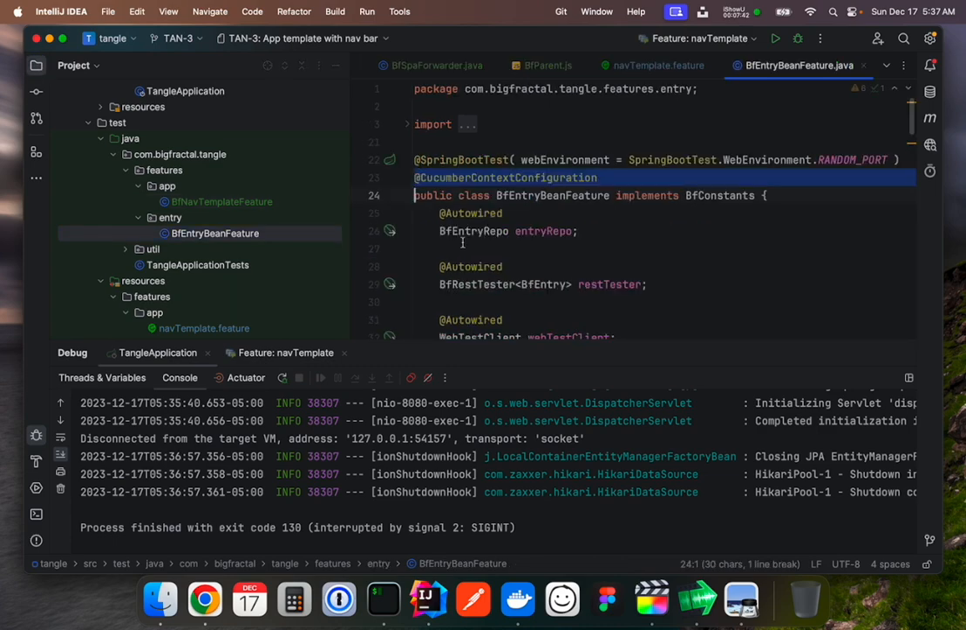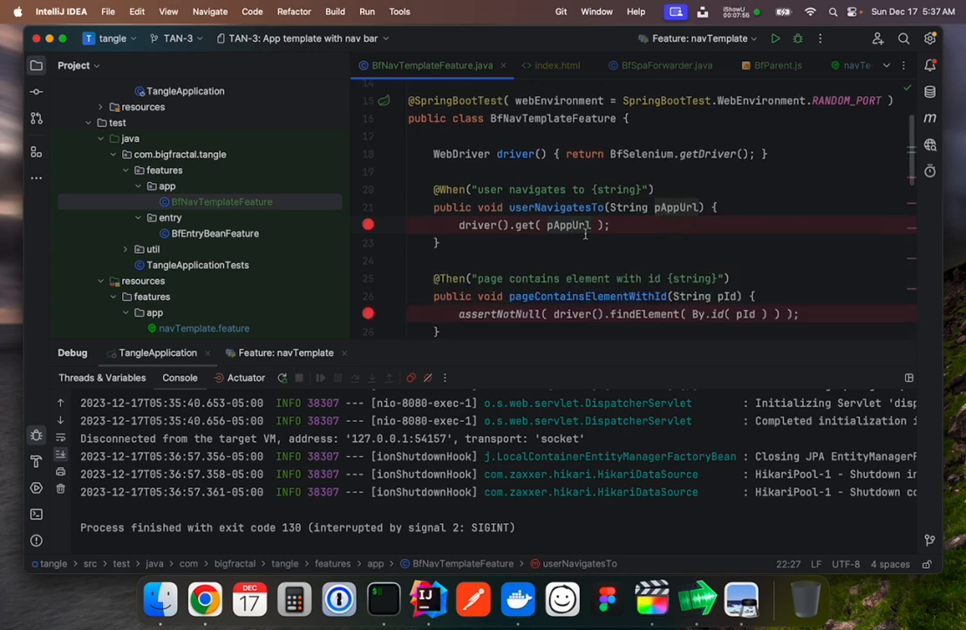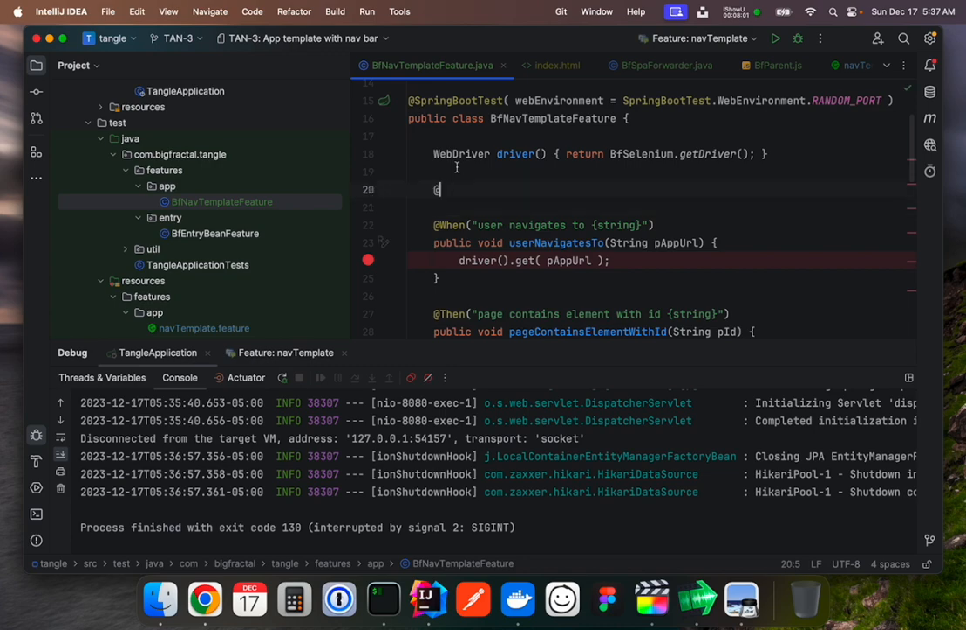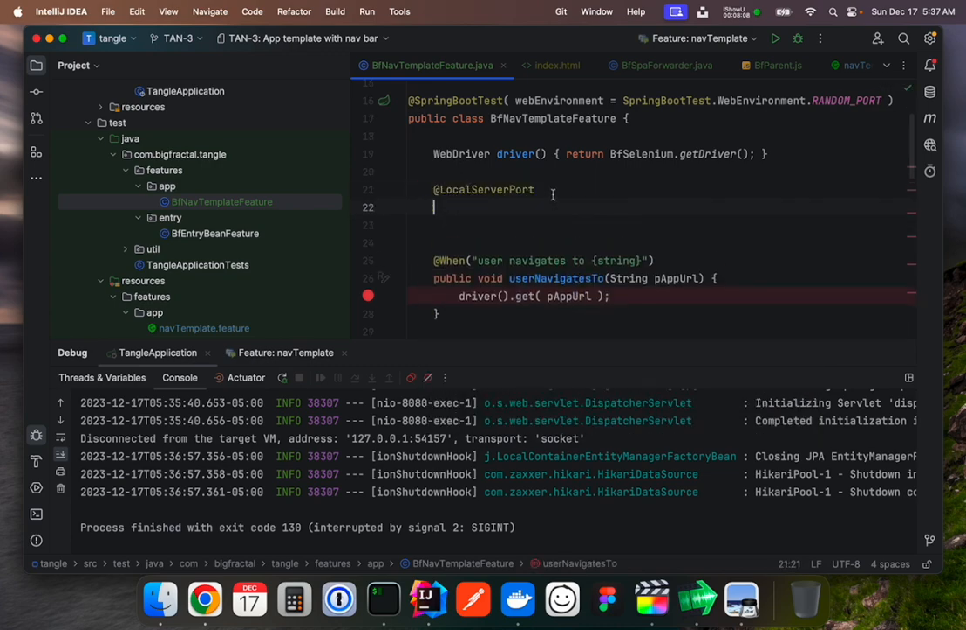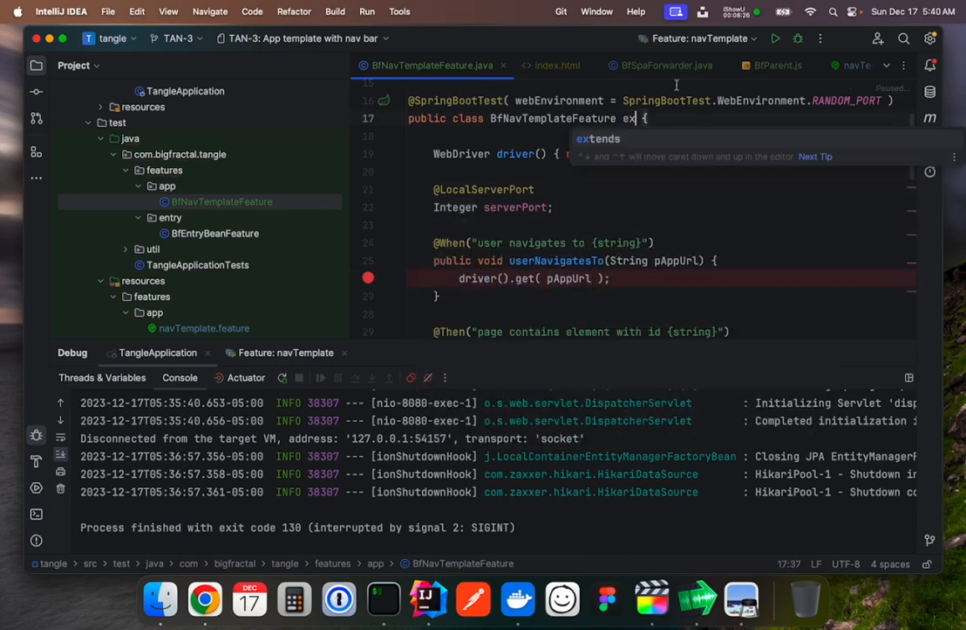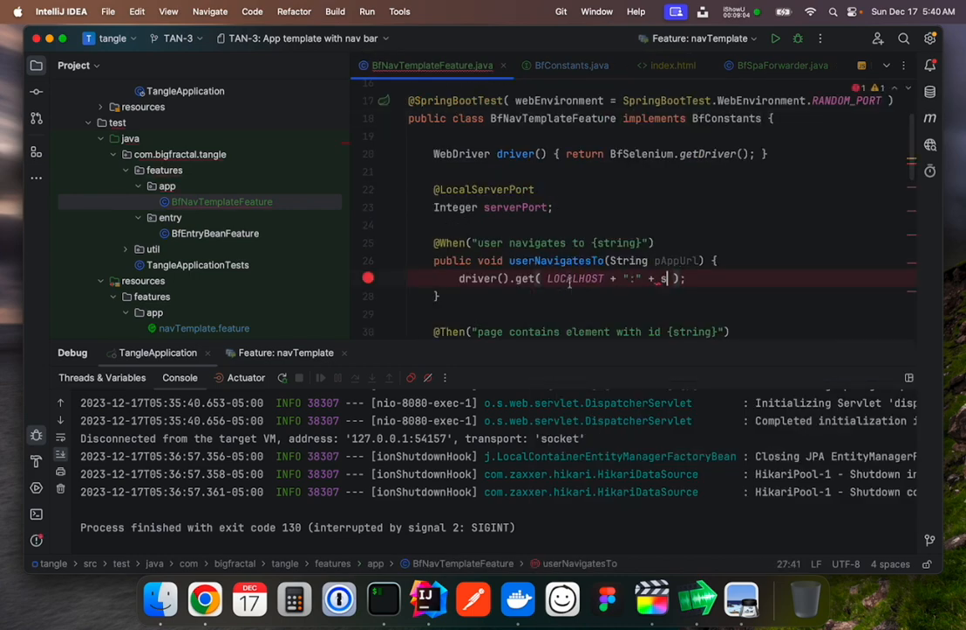So if you remember, we had a line in here which created a random port. So I'm going to put that in here. And instead of passing the URL from the Gherkin file, I'm going to grab the local server port. So I'm just going to call this opens